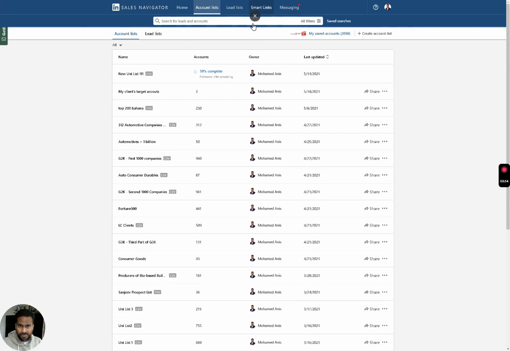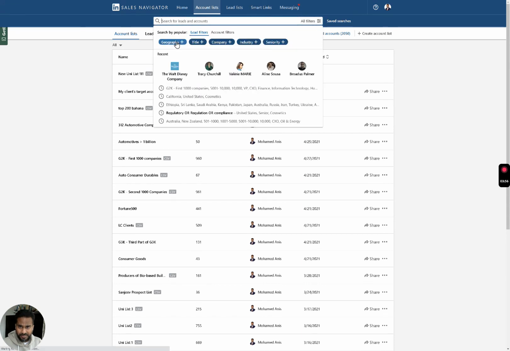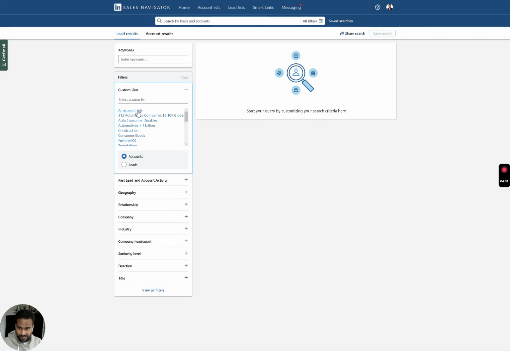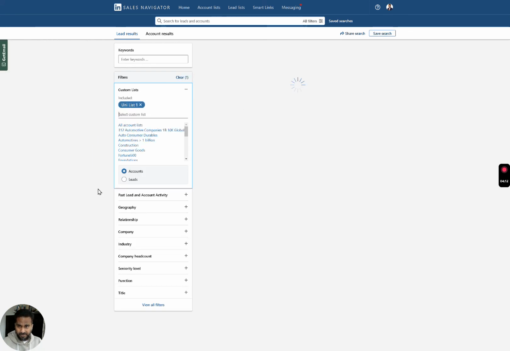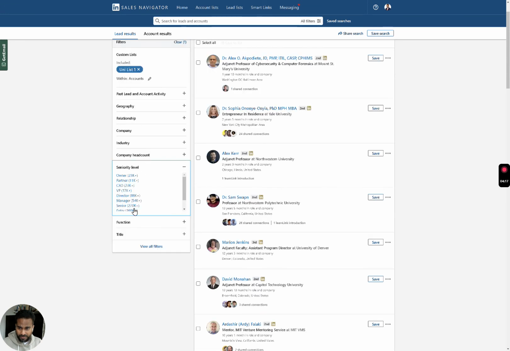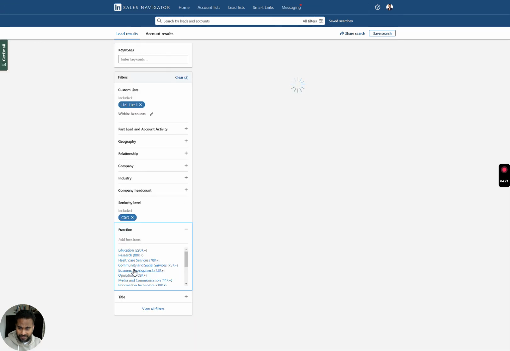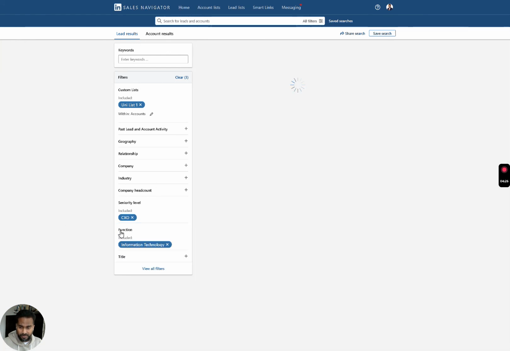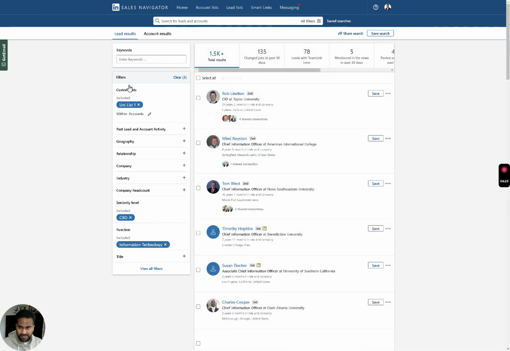So where do you use this? You use this when you're trying to search for something, so for example you can use these custom lists. We just uploaded the universities, so I can go pick up the university list here, uni list 1, and then this will give me all the universities in that list. And let's say I want to only talk to the CXOs in the universities in the IT sector. So I can select that, and I'm now able to only talk to the CXOs in IT within these universities, which is only 1500 people.